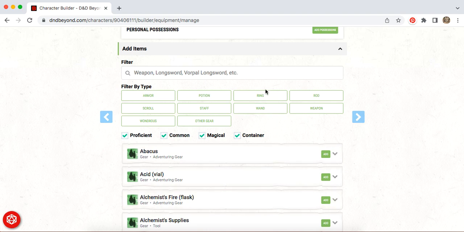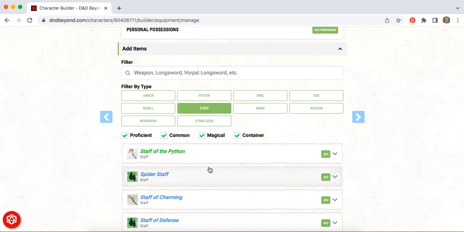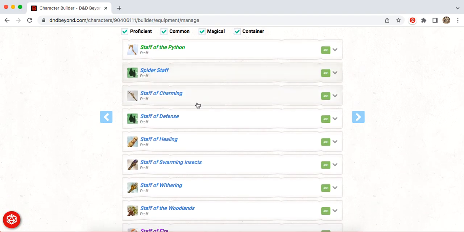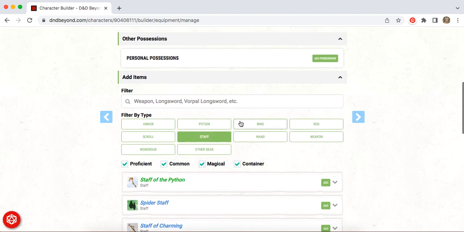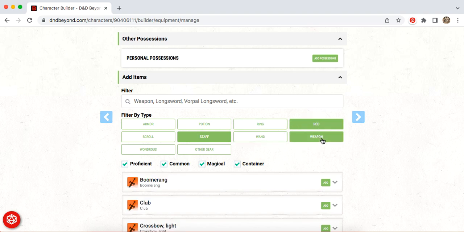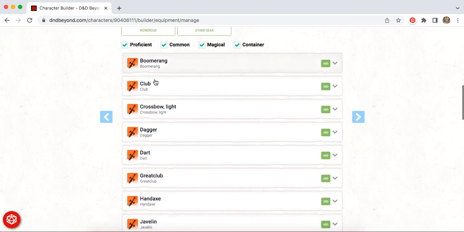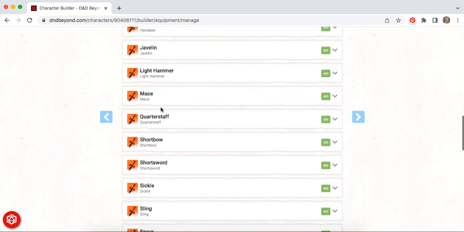If you wanted to say that you begin with a staff, there are all kinds of high-level, wizardly staffs, or general rods or weapons of other kinds. These are probably what he would have, like maybe a light crossbow and a quarterstaff.